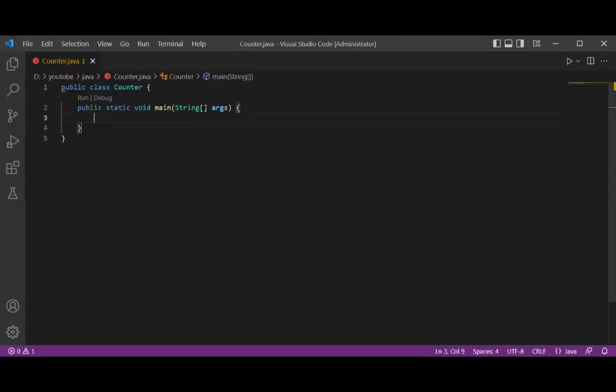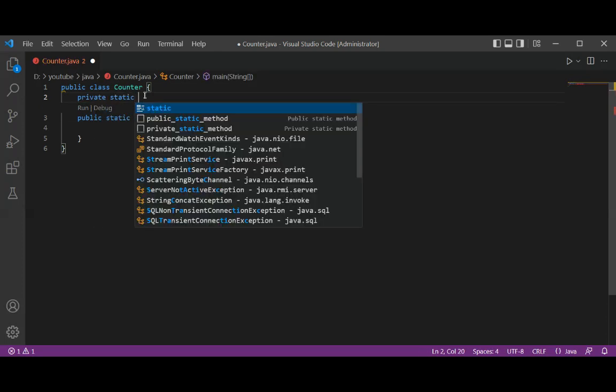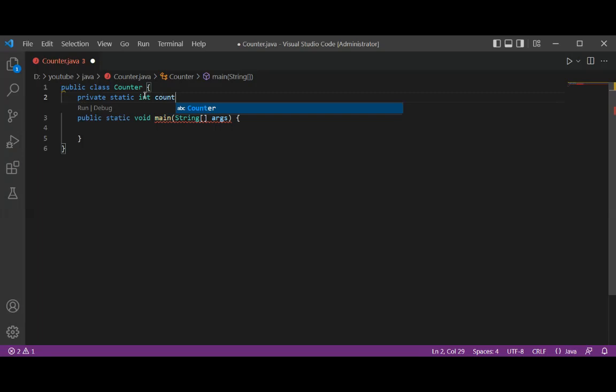In this video, we will see a common use for static variables, for counting the number of instances. So first, I'm going to add a private static int count. I have this counter class and the main function. And this will be private static int count,